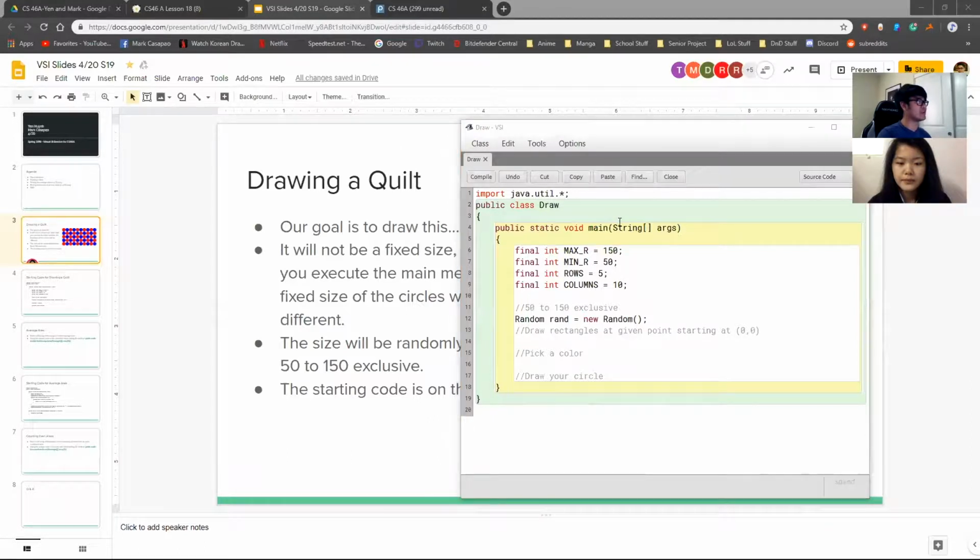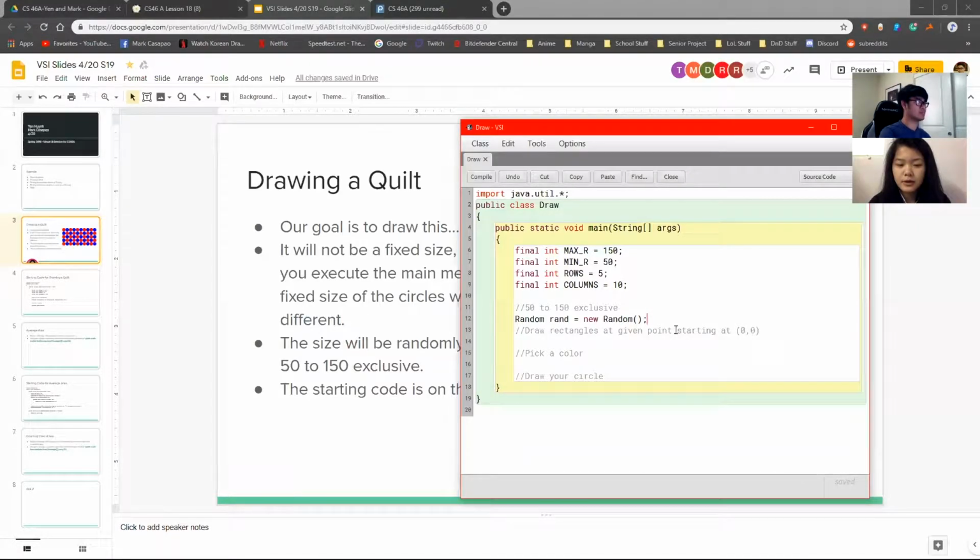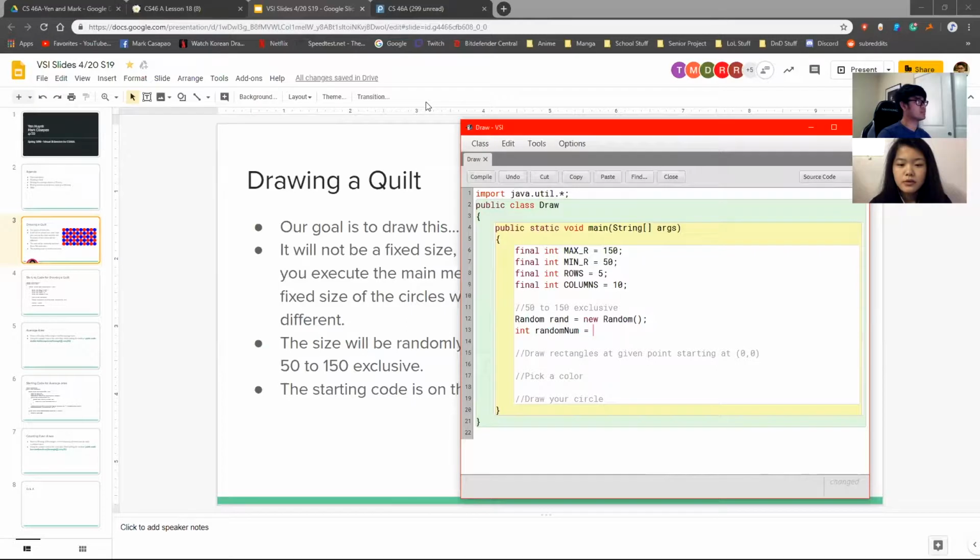And then you have a random object, and then you will generate a random number between 50 to 150 exclusive. So you do ran dot next int,